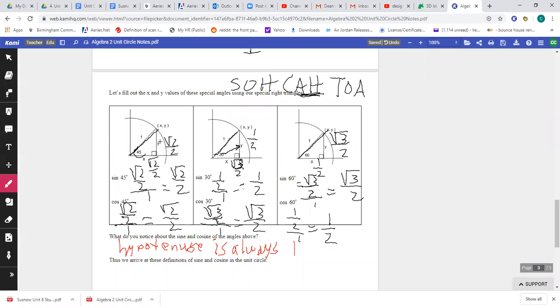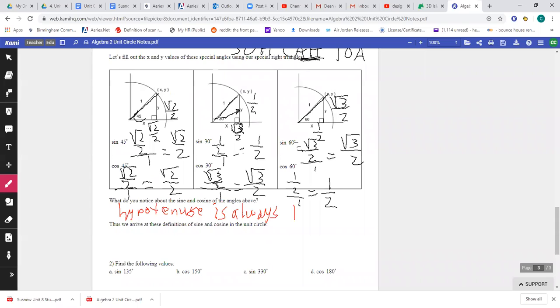Sine is going to be y over 1. For 30 degrees, it's y over 1. 60 degrees, it's the y value over 1. And whenever you divide by 1, the sine will stay whatever the y value is. So, in the unit circle,